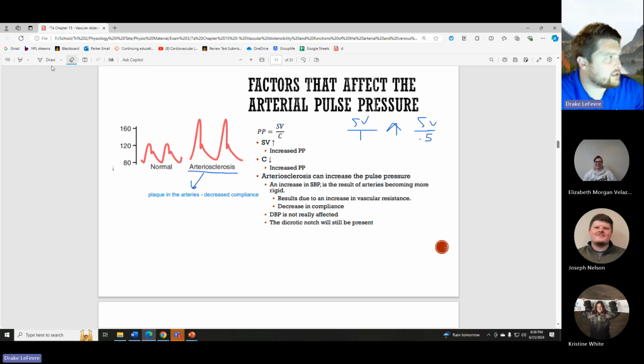Dichrotic notch will still be present. I mentioned the dichrotic notch previously. Do you remember? I don't think I explained it super well. Do you guys remember what the dichrotic notch is? Not at all. Okay, so the heart is sitting in our chest, and most of the time we are vertical,